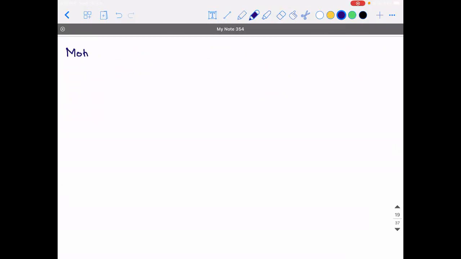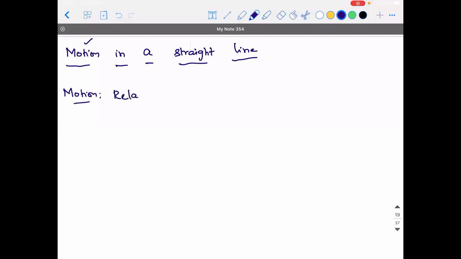Okay, write down the heading as motion in a straight line. Okay. So what do you mean by motion in a straight line? So when can you say an object is in motion? If there is a relative change in displacement with respect to time. So if there is a relative displacement taking place with respect to time, can I say that the object is